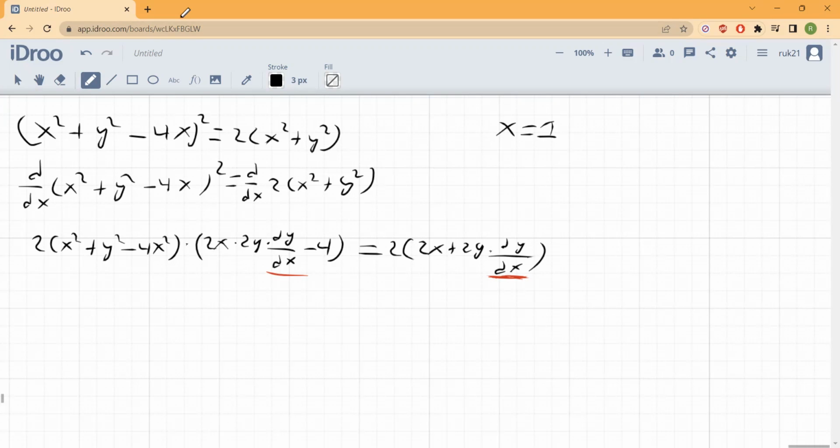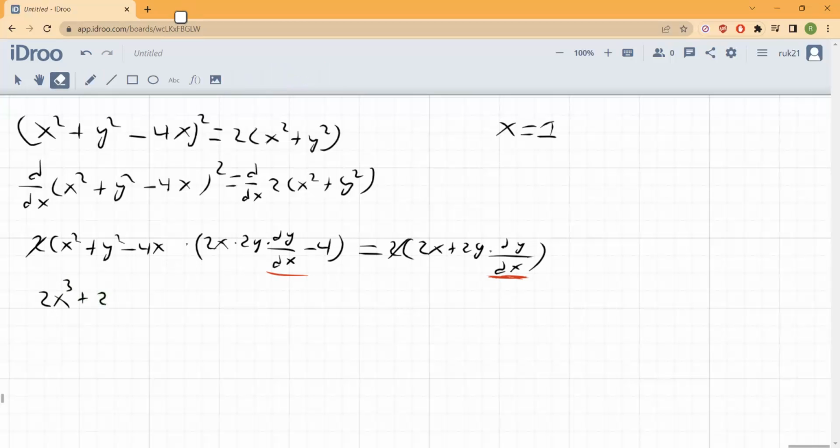So let's just open brackets on our left side first. Firstly, to make my life easier, I'm going to cancel out these 2s over here, so we just don't have to expand it. Now I'm going to start expanding. We're going to get x squared times 2x, so it's going to be 2x cubed. Then I'm going to multiply it by this, so it's going to be plus